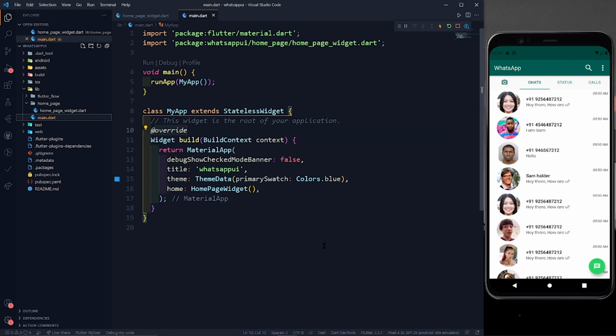Now you can see that my app is running perfectly fine in my emulator, and this background color is also looking good. We don't need to make it green, it's totally fine. The next thing I have done is set the debug show mode banner to false so that the debug banner is removed, right? And don't worry, I will also put the complete code of this UI on my GitHub repository and I'll give you the link. I hope you learned something in this video. You learned how to work with widgets using FlutterFlow, and you can also use that knowledge while working with actual Flutter code, right?